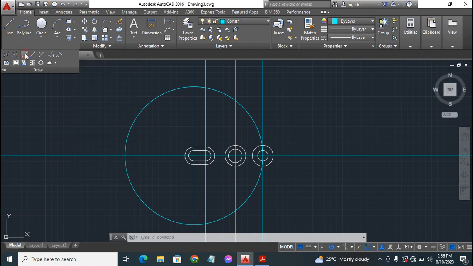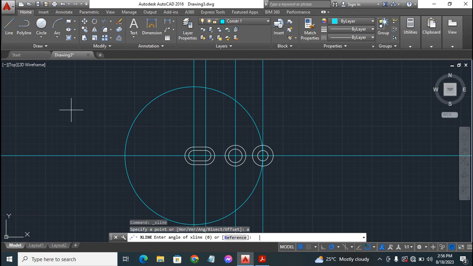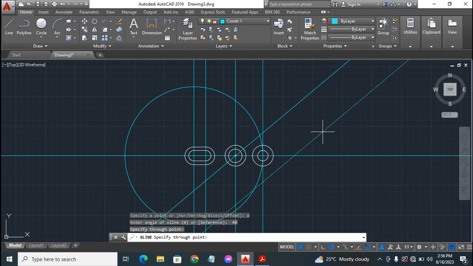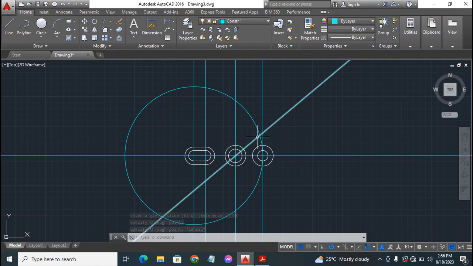Click on it by left clicking on the mouse, then you type in A for angular, press enter on the keyboard, then you type in the angle we need, which in this case is 40 degrees. Type in 40 and press enter, then lock this angular construction line to this point of intersection, left click on the mouse. Having done that, now the center point here is going to be this point of intersection between this angular construction line and this bigger circle here,